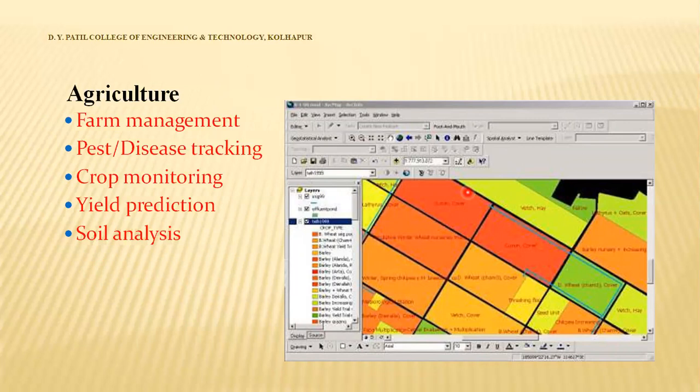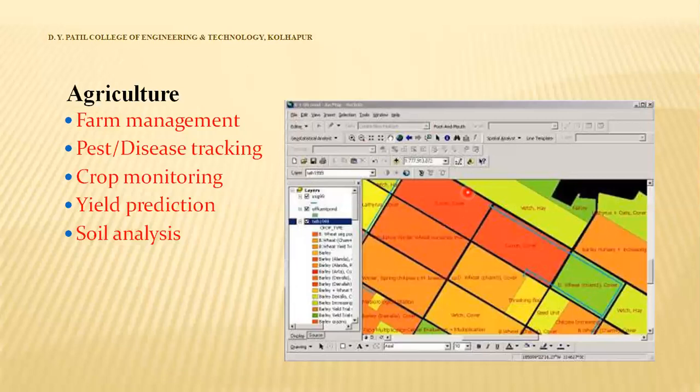Suppose the picture in front of us shows a small agricultural area with different colors. Let us suppose that these colors show the different types of crops taken. By finding out the areas of these rectangles, we can find out the area under those particular crops.